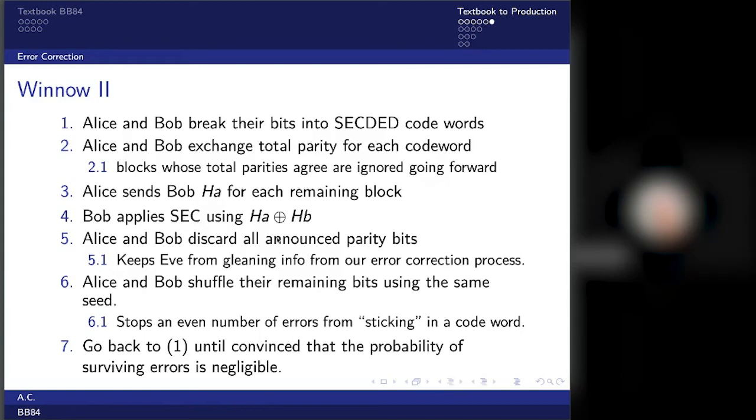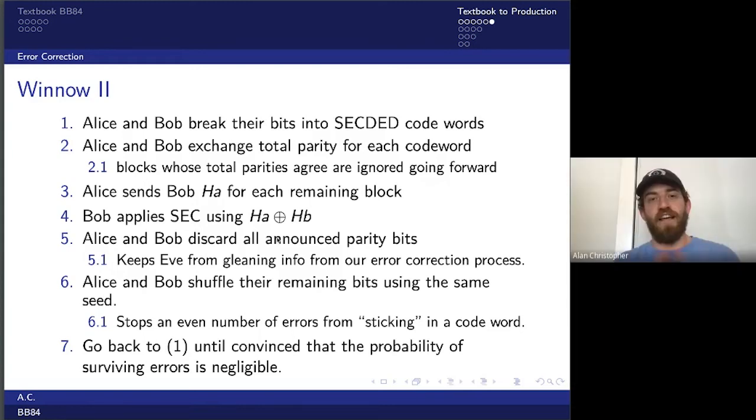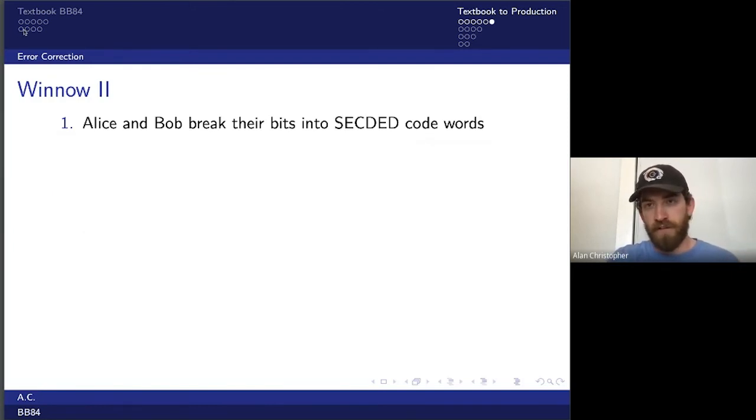I thought the data bits were still quantum. Yes. Let me clarify that point. Thank you for asking the question, because I'm sure at least 2 or 3 other people had the same confusion. We have one stage here, which actually involves